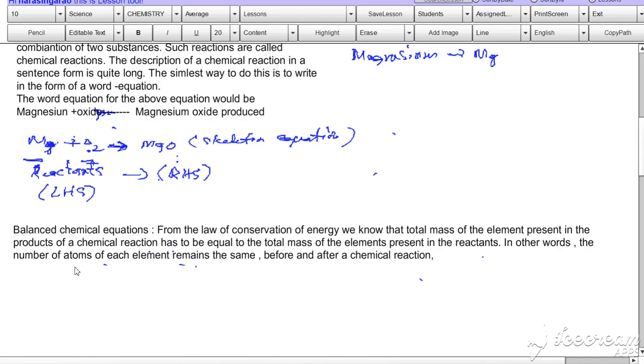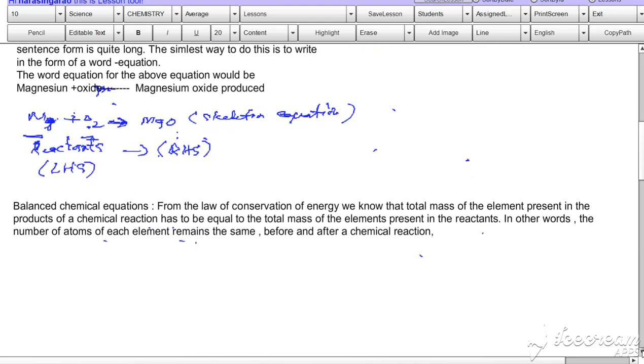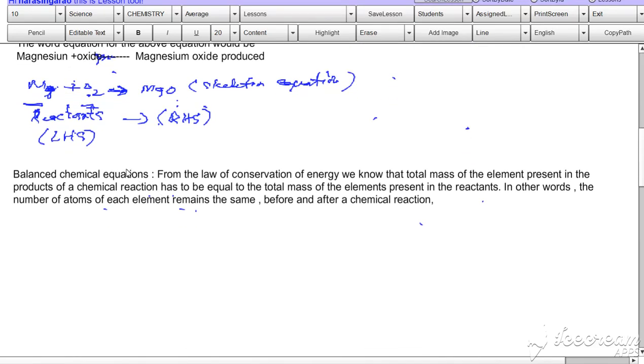So we have written Mg plus O2 gives MgO2. This equation is not balanced. This is called a skeleton equation. In order to balance it, the number of atoms of each element on both sides should be equal. So form a table